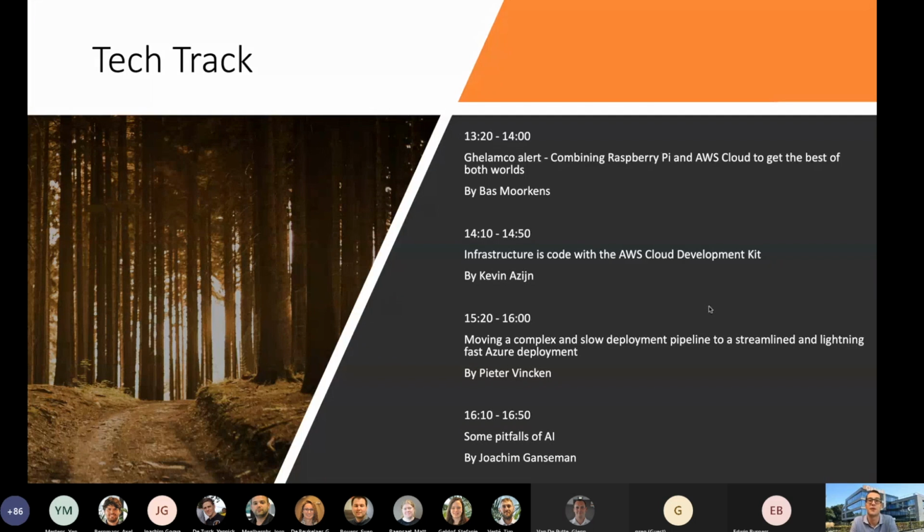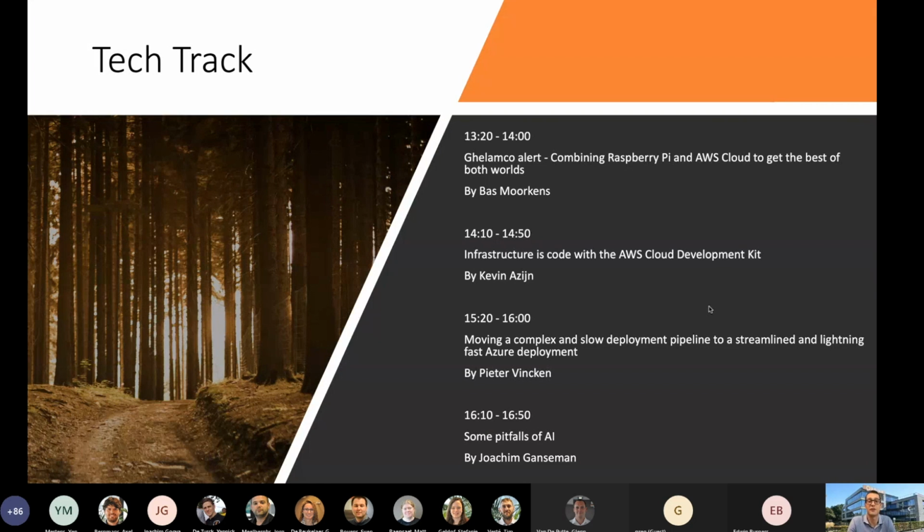Then the second session in the tech track will be given by Kevin Azan. He will talk about the AWS Cloud Development Kit, also a very interesting session, and it will go about infrastructure as code. Then we have the break, and afterwards the third session is by Peter Vinken, another colleague of ours, giving a session about moving and streamlining Azure deployments.